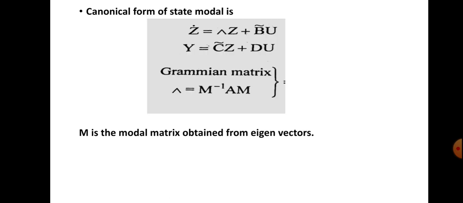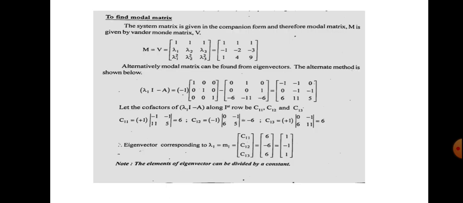There is an easy method. Model matrix is obtained by a certain method that we have discussed in the previous video. That means here model matrix can be obtained when the eigenvalues don't have a multiplicity, or all the eigenvalues are distinct, then the corresponding model matrix is obtained by this method. See here, the system matrix is a 3 by 3 matrix, and we can write the model matrix as a 3 by 3 matrix, that is its entries will be 1, 1, 1, lambda 1, lambda 2, lambda 3, lambda 1 square, lambda 2 square, lambda 3 square.